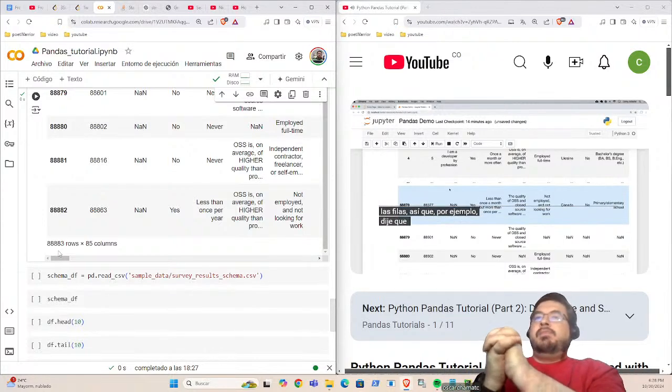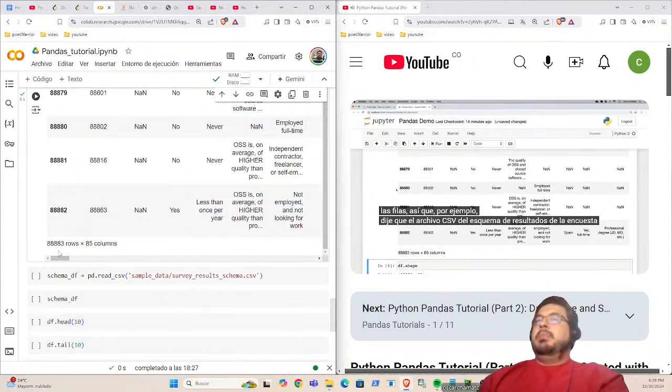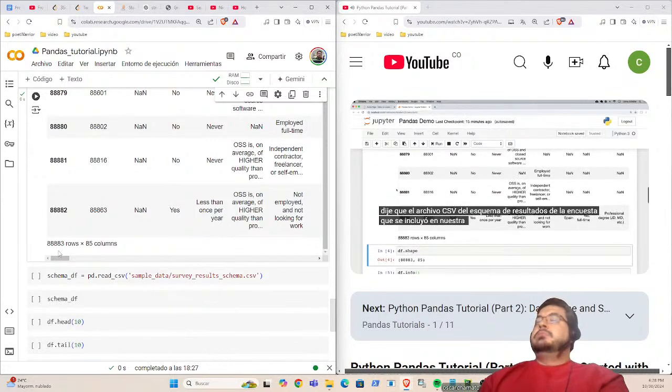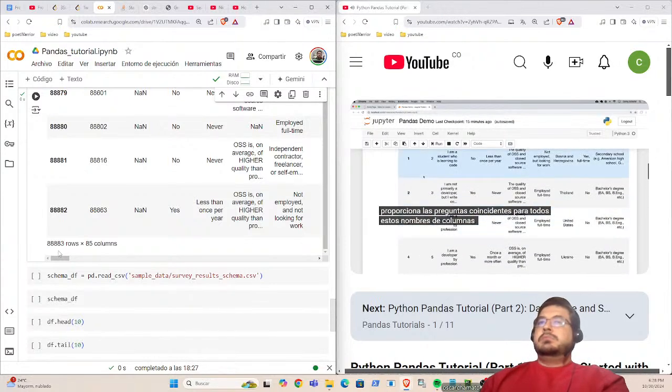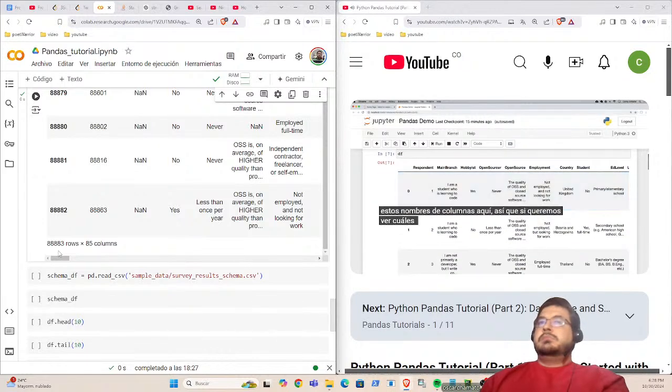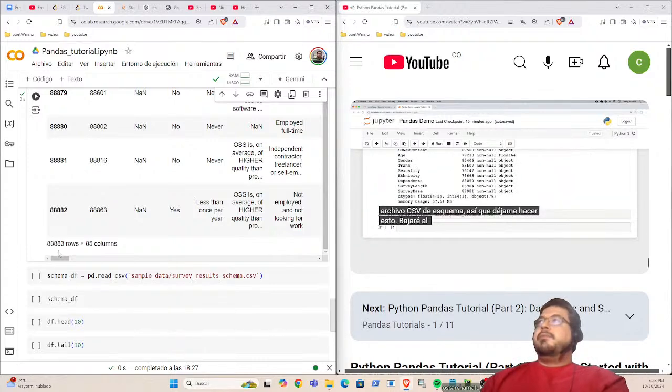So, for example, I said that the survey results schema.csv file that was included in our download gives the matching questions for all of these column names here. So if we wanted to see what these column names here mean for this data, then we can load in that schema CSV file as well. So let me do this. I'll go down to the bottom of our notebook, and I will just load this in by saying schema_df. Now, I don't want to just call this df because we don't want to overwrite our other data frame. And I will load this in just like we saw before